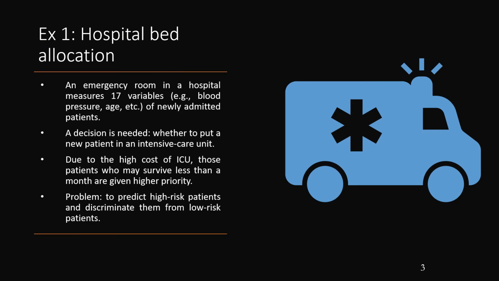Now, in this example, you can think of using these 17 variables that you are collecting, and you can see a pattern from these 17 variables and understand what kind of patients are actually surviving in an ICU when they are given a bed, and what kind of patients will be able to survive longer before getting a bed in the ICU. So depending on the patterns that emerge from these 17 data points, you can classify the patients as high risk or low risk.